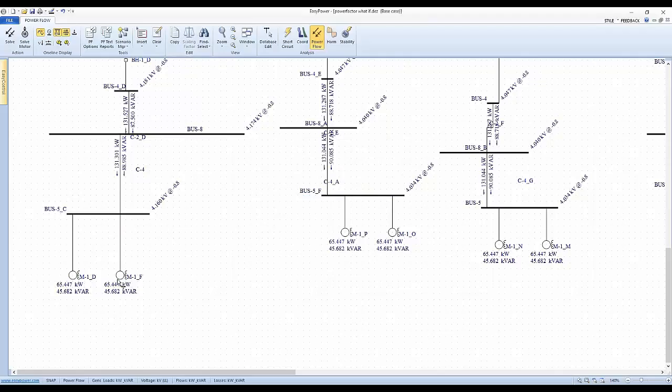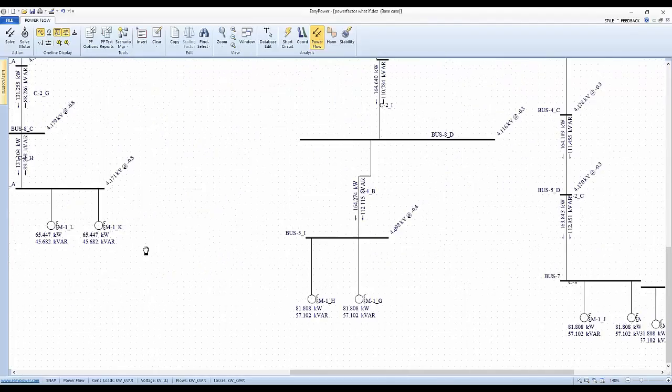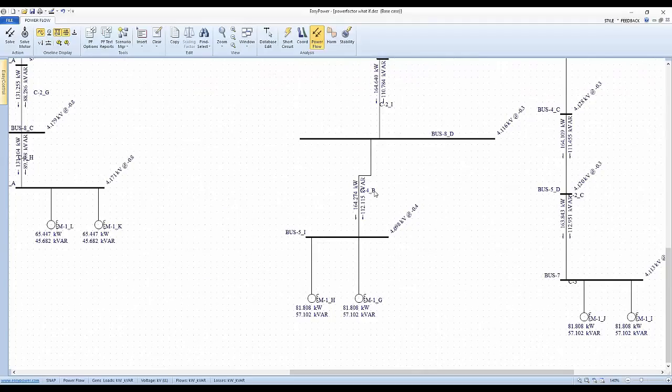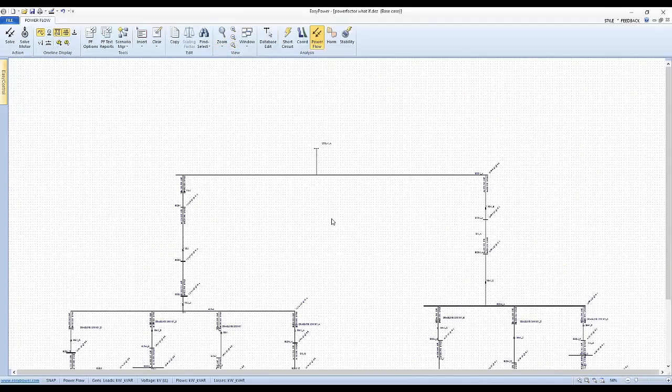All right, so at this point it looks like we need to offset about 90 kVAR on each one of these legs on this side and about 112 kVAR on each leg on this side. So before we jump into doing the what-if adjustments,